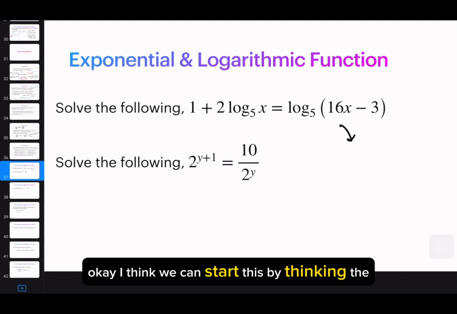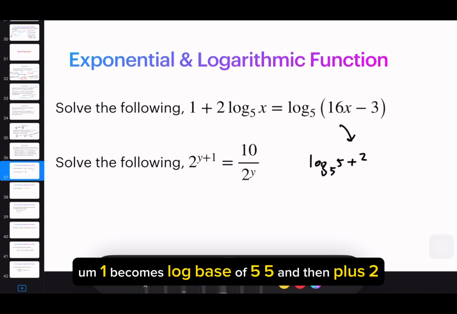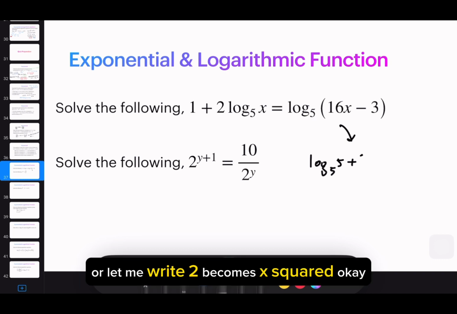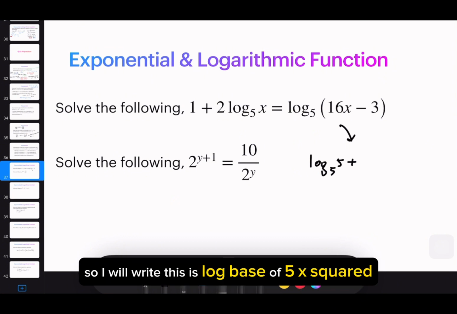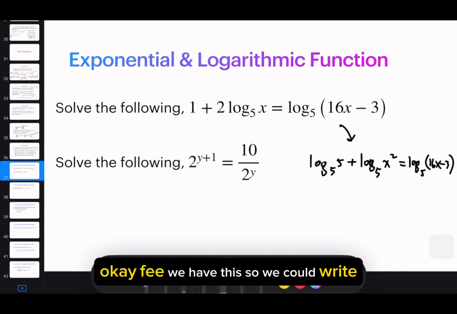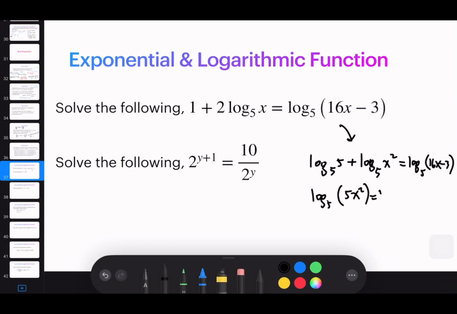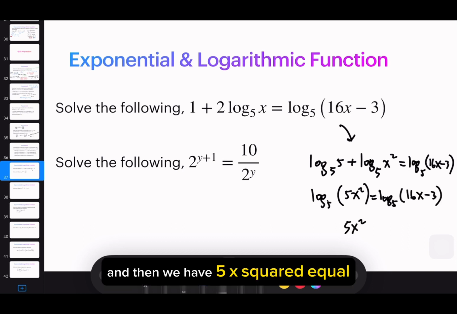Okay, I think we can start this by taking the 1 becomes log base of 5, and then plus 2, or let me write 2 becomes x squared, okay? So I will write this as log base of 5 x squared, okay? And we have log 5 16x minus 3. Okay, we have this, so we can combine, multiply 5x squared, and then we have 5x squared equal,